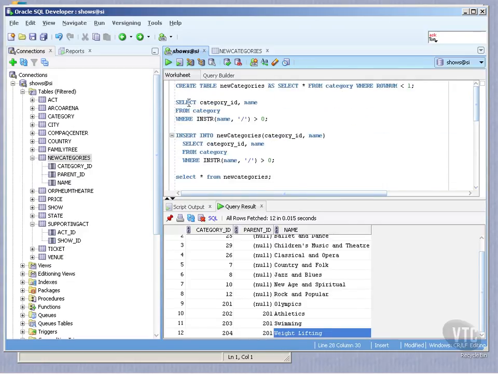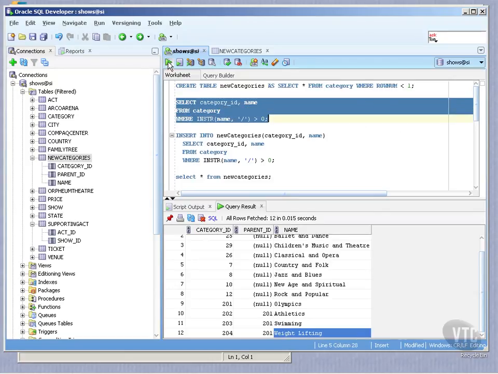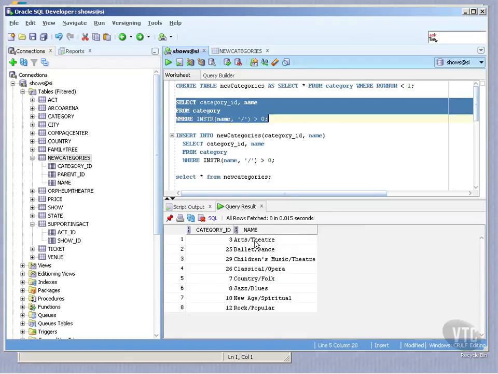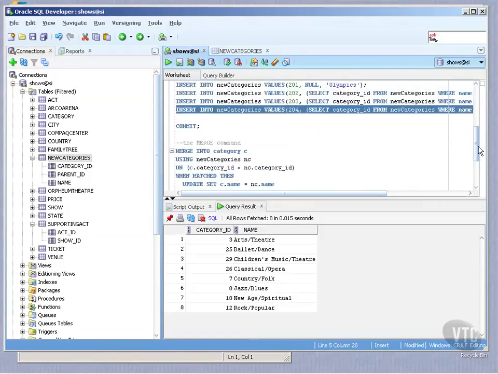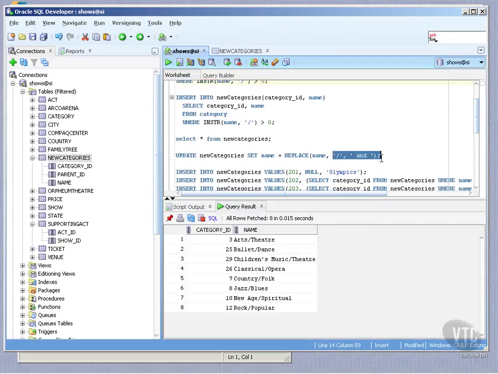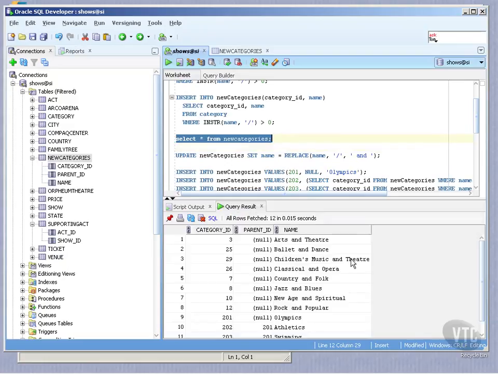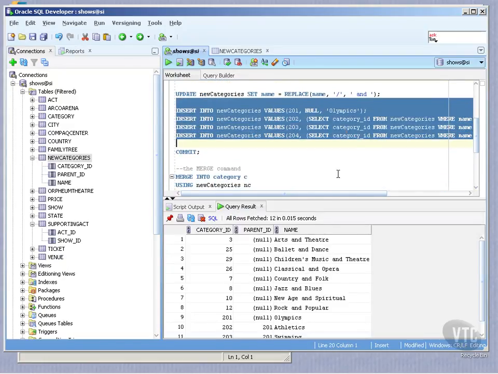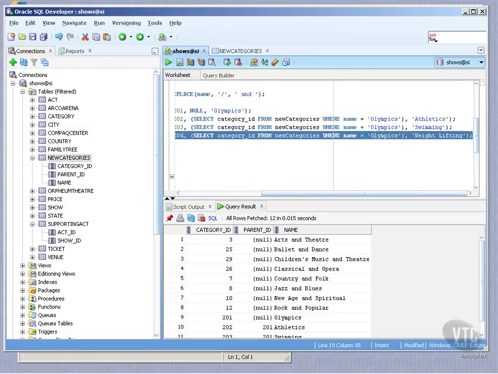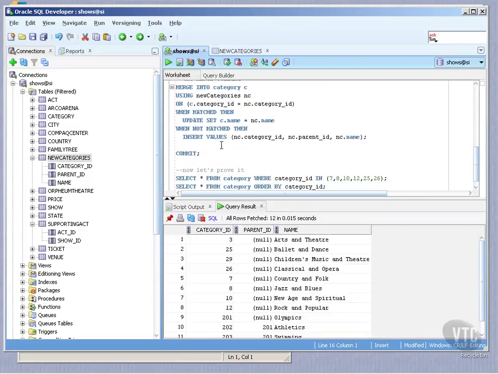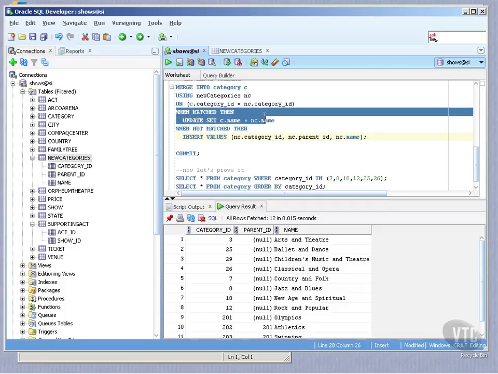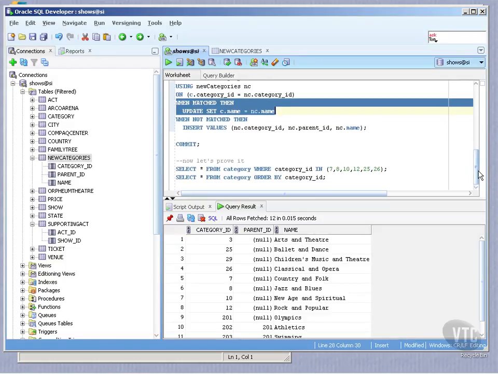So if I go back and look at the category table and try to find these, I find these slashes, right? If I look at the new category table, I change them all to and. So look at this one here. I have everything and here. These new things here to do with the Olympics and various Olympic sporting events are not in the original table. So the Olympic sporting event things are going to get inserted, and the original ones that I had the slash changed to an and in the new table are going to get updated. So anything in the category table that has a slash is going to get changed to an and. Pretty simple,